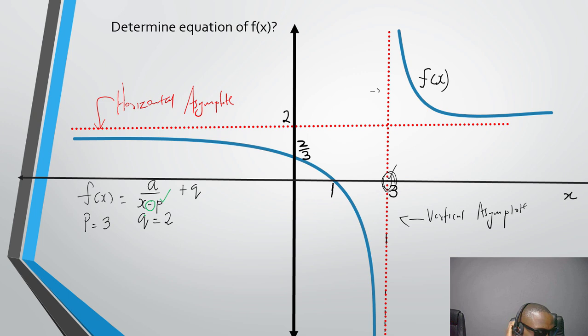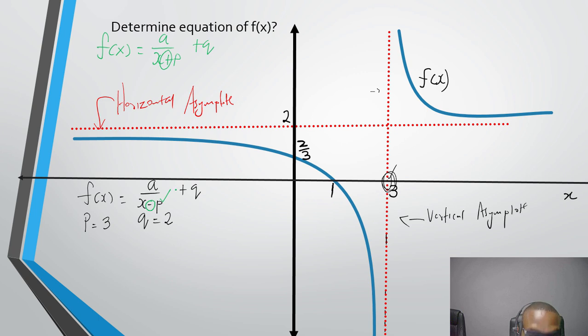So suppose I wrote my equation this way: f of x equals a over x plus p plus q. Had I used the positive sign between x and p,